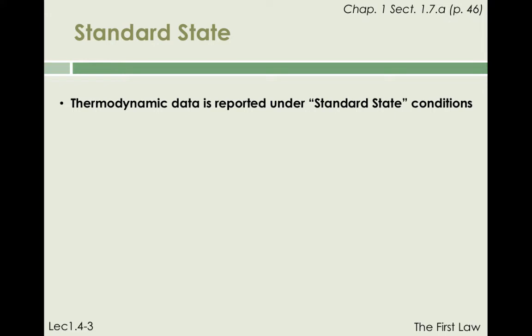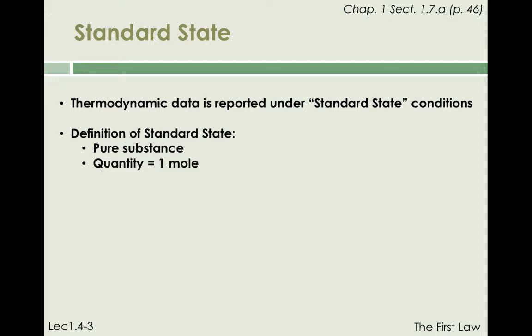This is why scientists have emphasized the concept of standard state. This state specifies the conditions under which a certain property has that specific magnitude. So, what is the standard state of a substance? A substance in its standard state is assumed to be pure. It is assumed to be present in the amount of 1 mole. It is expected to be under a pressure of 1 bar, which we call the standard pressure.